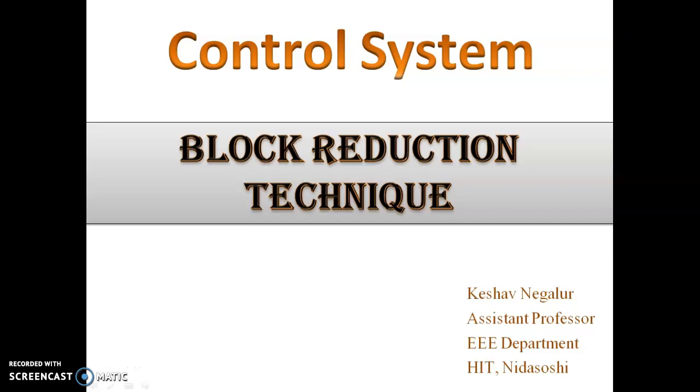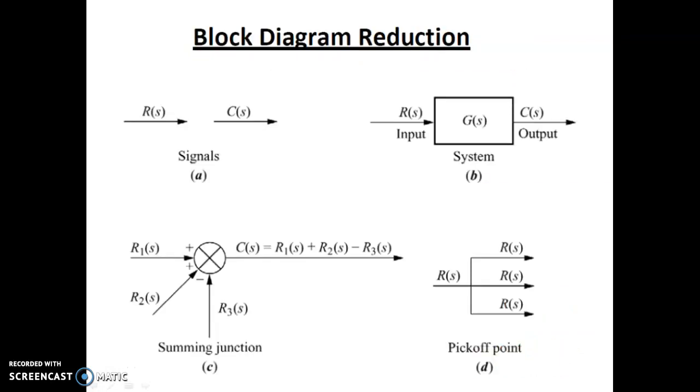Today we are going to discuss the block reduction technique in the control system subject. So, block diagram reduction. Before going to the problems, we'll discuss some of the rules which are going to be used in the block reduction technique. Here you can see R of S is the input and C of S is the output. These are the signals, right? So here, R of S is the input signal, C of S is the output signal,